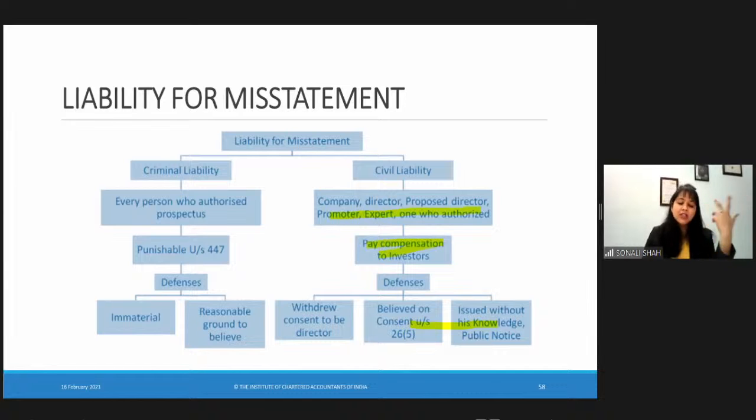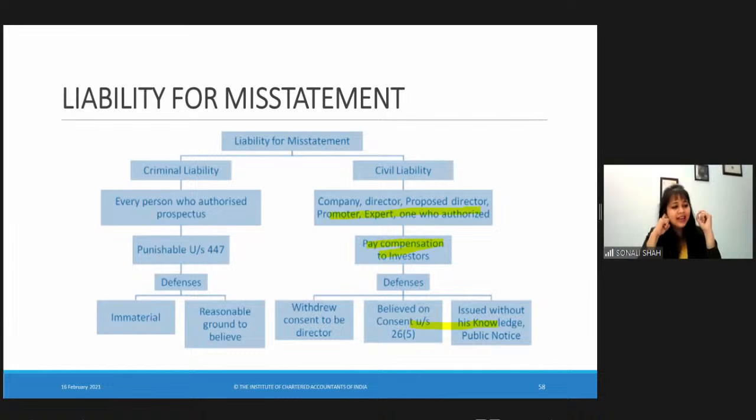Just the way in case of criminal liability, you have often seen that people take the plea of alibi. What is the plea of alibi? When on the date of murder, which happened in New Delhi, I was in Chennai. So when I am not in Delhi, how can I do the murder? Similarly, we have defenses available for civil liability also. How those defenses will be proved would depend on the facts and circumstances of the case.